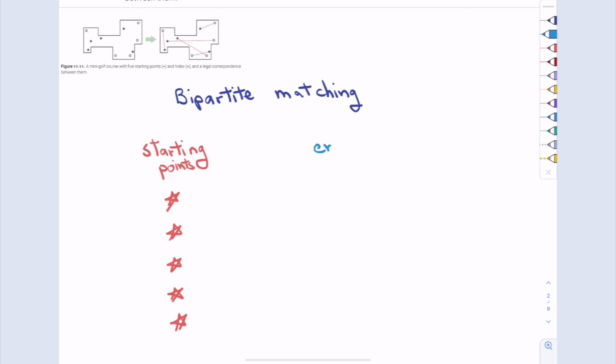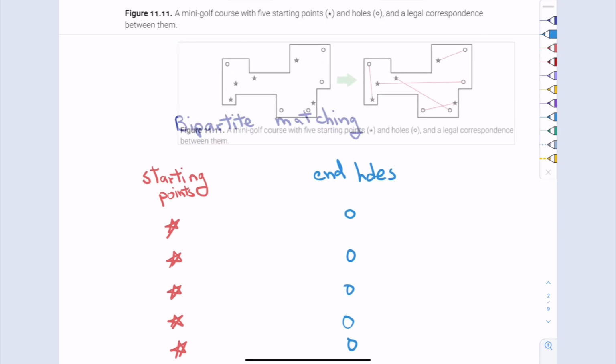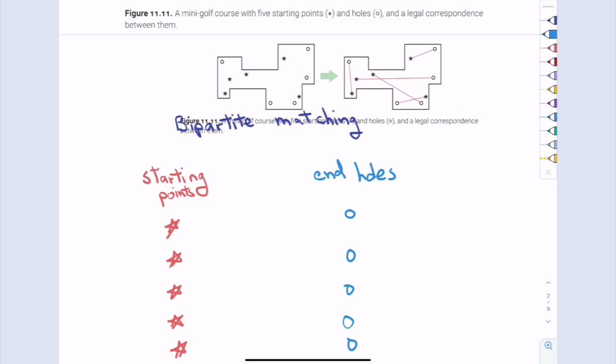Okay, so let me just try to catch up. I think this is what you described. I'll use this as an example. Okay, so let's say